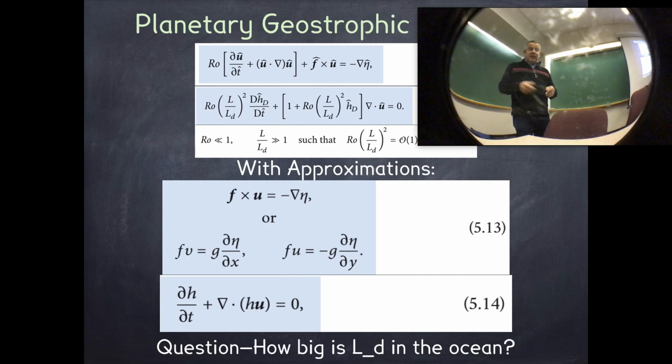For QG, we're going to go to smaller scales than this. It's still going to be true that the Rossby number is small, but instead of variable F being the leading order critical piece and varying H being the leading order critical piece, we're going to change. We're going to have constant F to leading order, horizontal incompressibility to leading order,